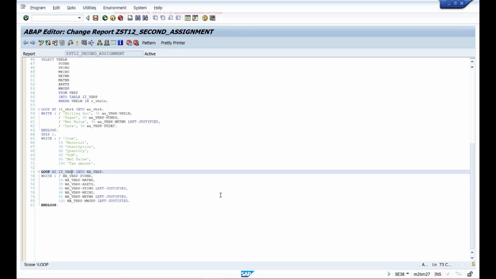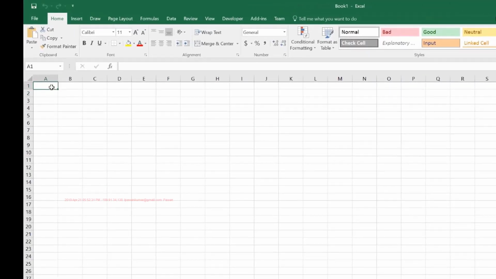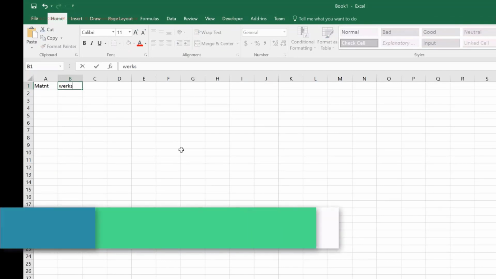But in other situations, if you have multiple tables, then you'll have to loop one table and read the other tables within the loop. How do you decide which table you have to loop? In that case, you loop the table which is having the major data that you are printing. For example, if I want to print an output something like this, let's say I want to print the plant details of a material. So I'll print the material number and the plant number. Okay, these details we can get from one single table called MARC.